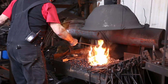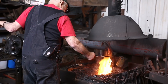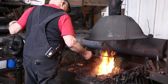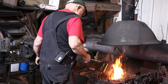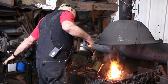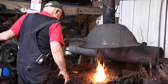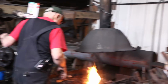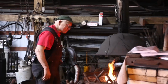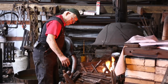When I'm getting ready to make a weld, I'll soak my fire down. I don't pre-wet my coal. Some guys will soak it. Wetting the coal really concentrates your blast. It seems like it stops the percolation of air. And if you'll notice the difference in the sound of that fire when I put that water on there,